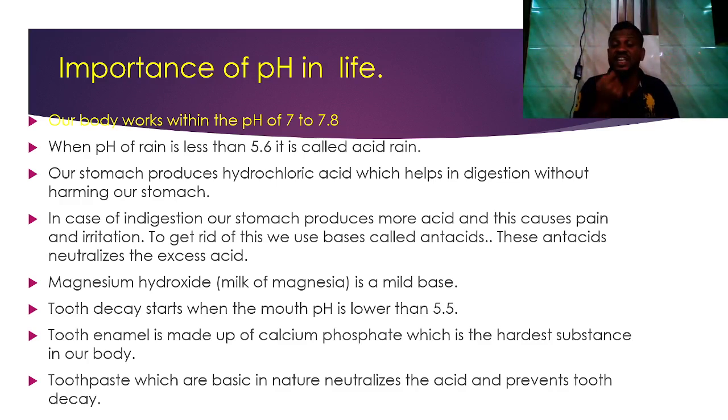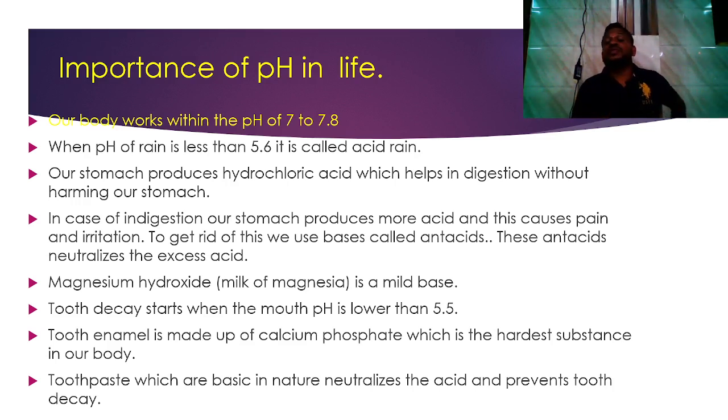Our teeth are made up of calcium phosphate, which is the hardest substance in our body. If the pH around this calcium phosphate decreases below 5.5, then the tooth starts to decay. After that, you have to put in silver teeth like me. Remember, if the pH value decreases below 5.5,